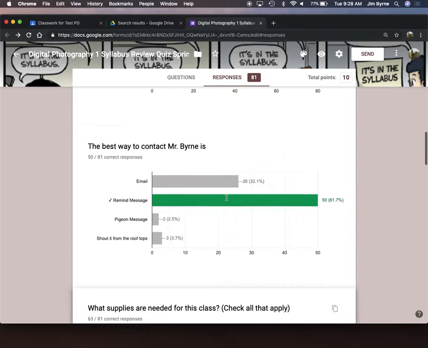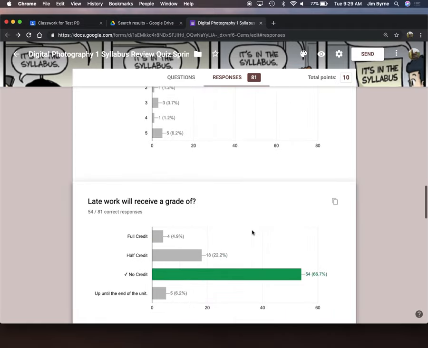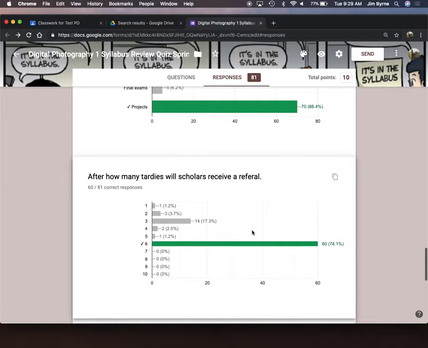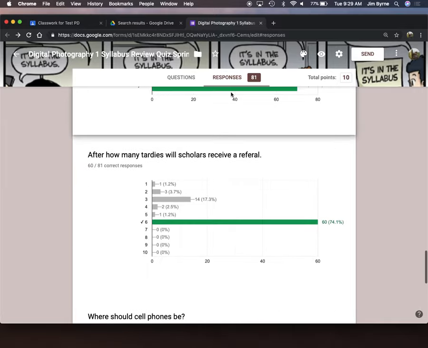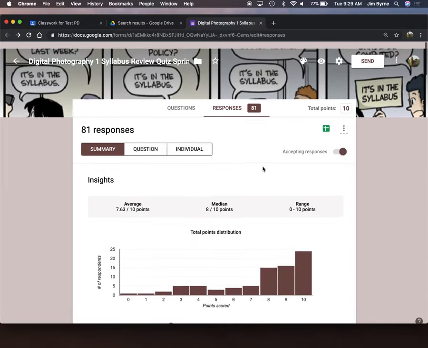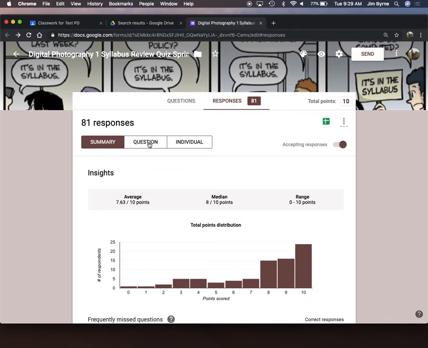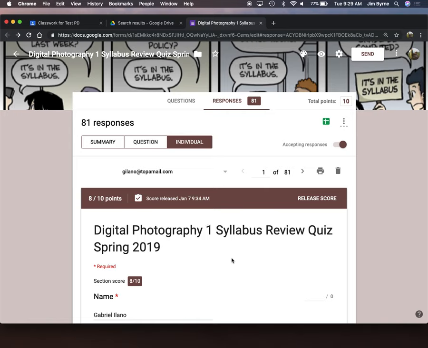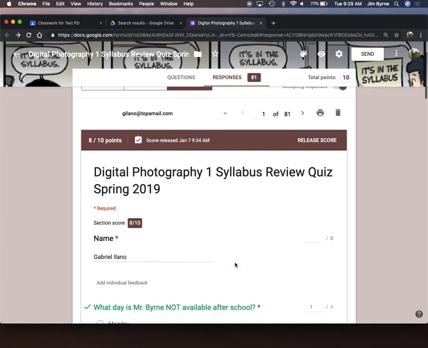But also as a teacher, it lets me know that, hey, maybe I need to go back and look at this question a little more. I had 32% of the scholars miss this question. I might want to retouch on that subject again, right? And then this is just a general overview of everything. You can also do it by the question or by the individual. So if I want to go look at John Yankee's information, I simply have to,